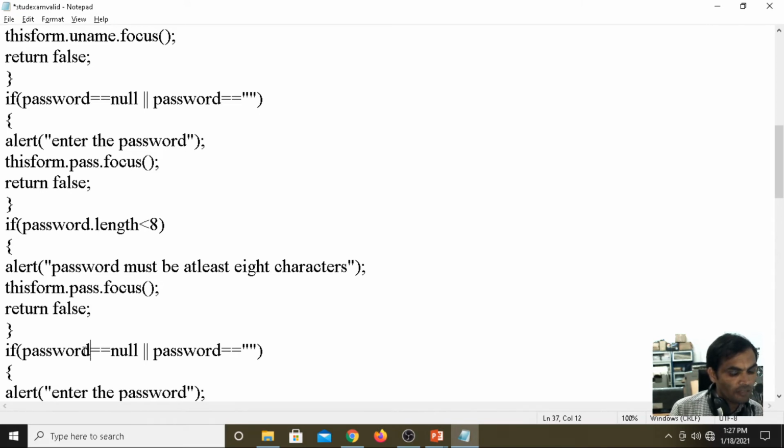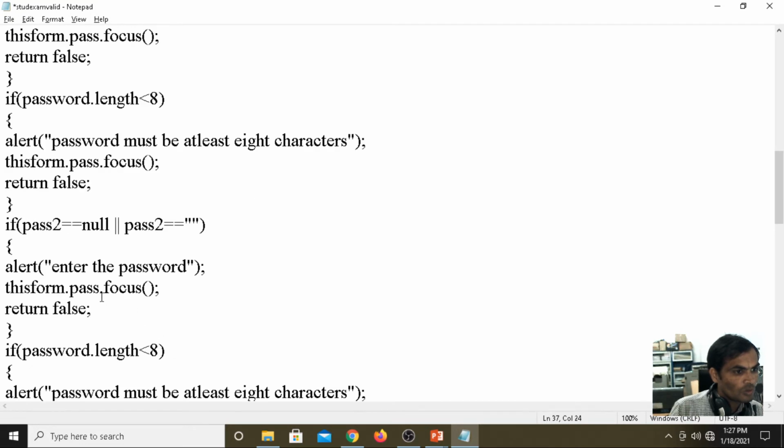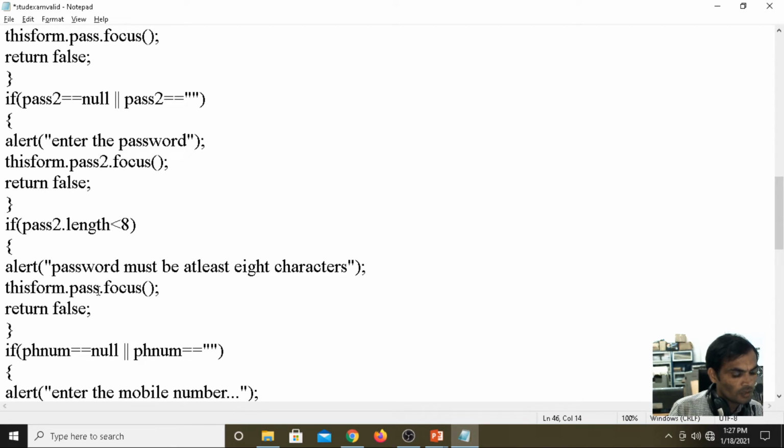Then here we are having pass2, then Control S.